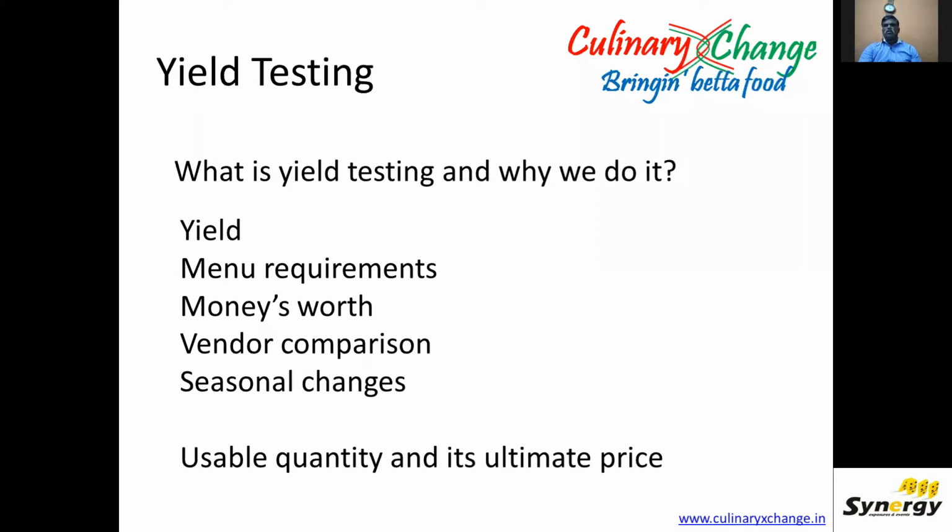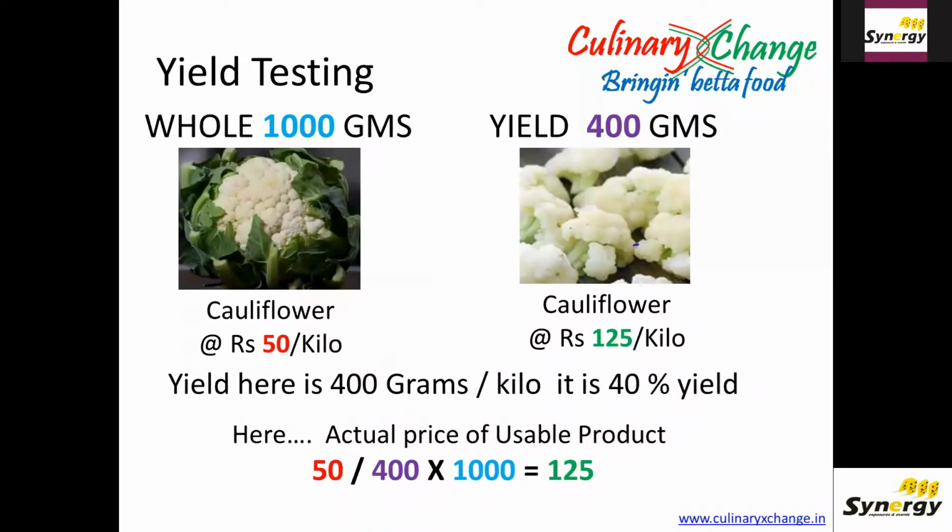Chef, there is a question from one of our viewers, and they ask how can we do yield testing in bakeries? In a bakery, normally we get everything ready to use, like our maida or baking powder or sugar, water, margarine, butter; everything we get in a ready to use state. In this, we can do yield testing when we are making our fillings. Suppose you are going to make a vegetable filling or a chicken filling, we will be able to see the yield of the chicken we buy.